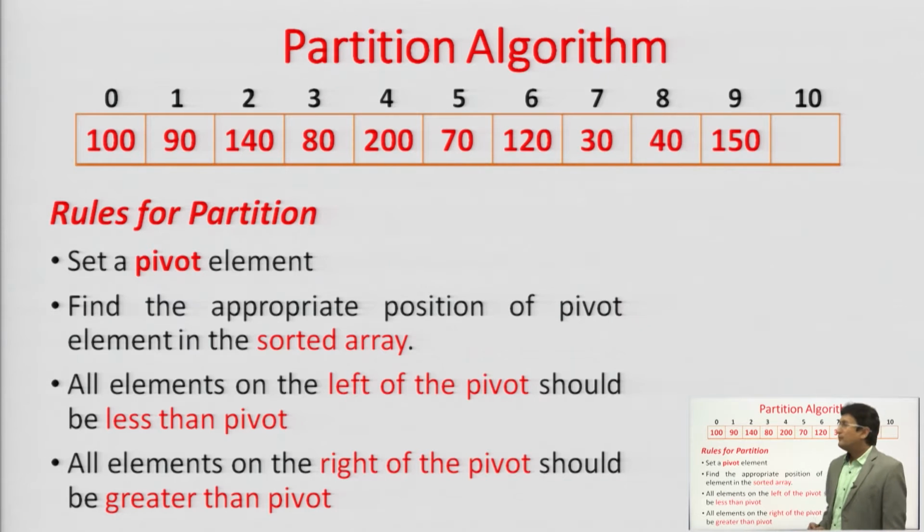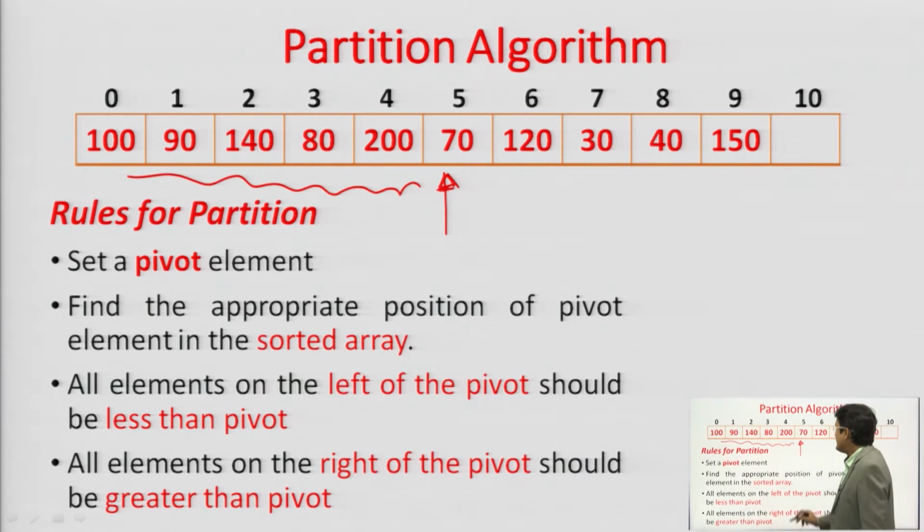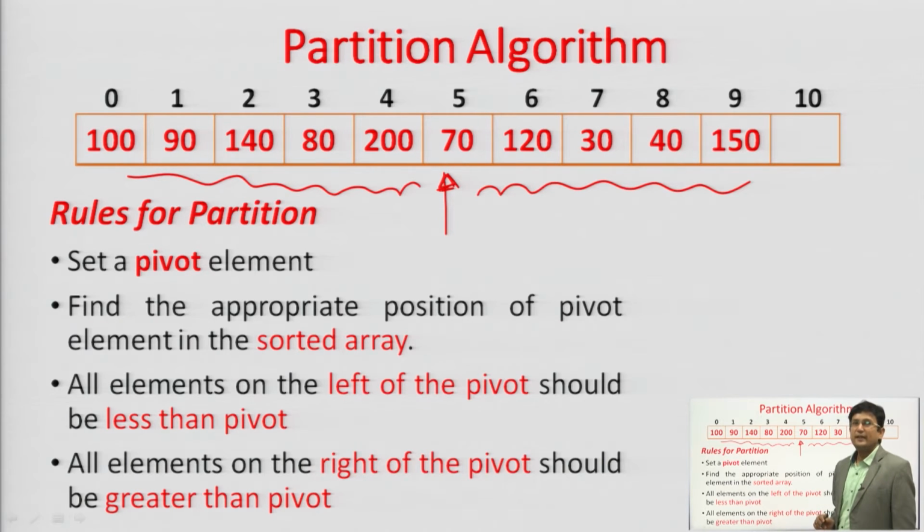So, given an array, let us say it contains some numbers and we have to partition this array such that, let us find out a pivot, and according to that pivot all the numbers on the left of it should be less than it and all the numbers on the right should be larger. So, this is our intention of doing the partition, that we will find out a pivot, and the numbers which are less than the pivot should come towards the left of the pivot, and the numbers which are larger than the pivot should come on the right of the pivot.